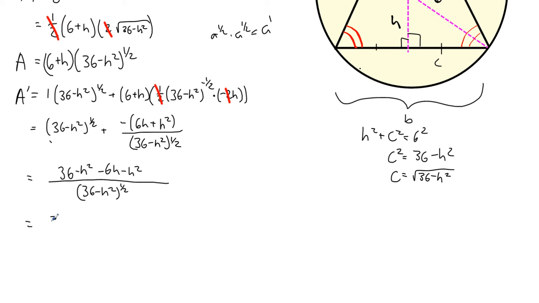So this thing is 36 minus 6h and then minus 2h squared all over 36 minus h squared to the